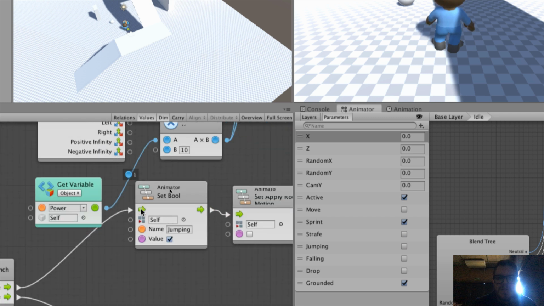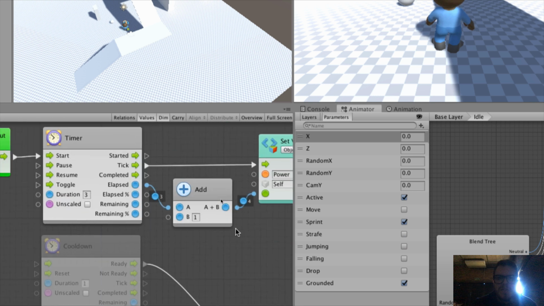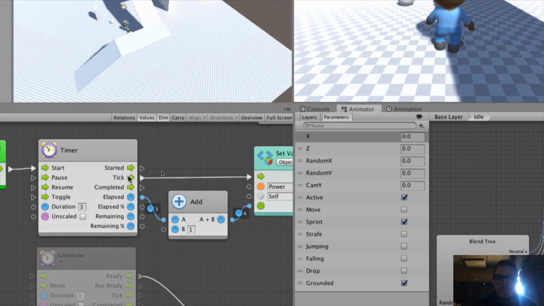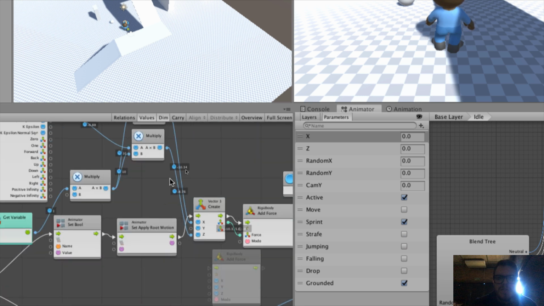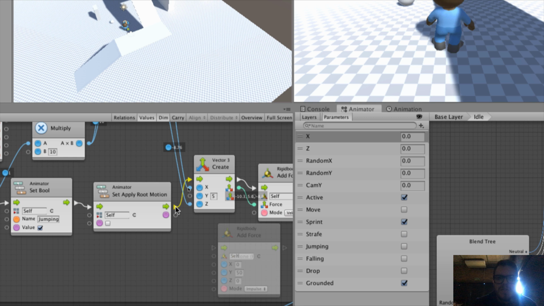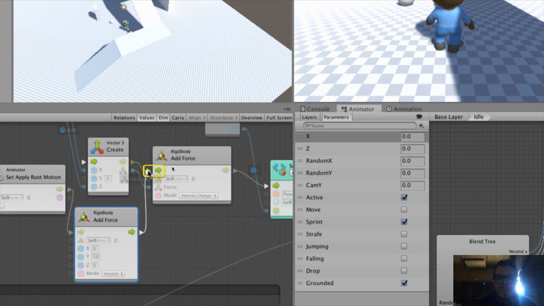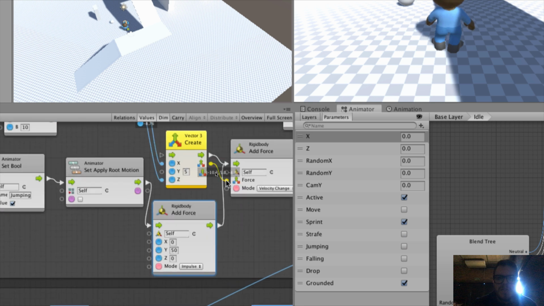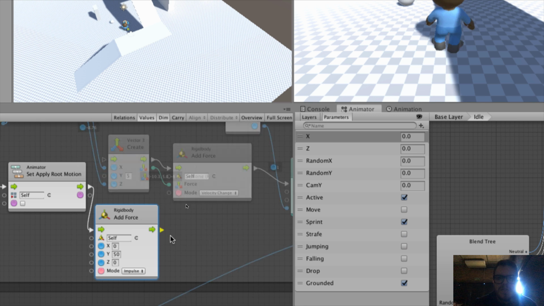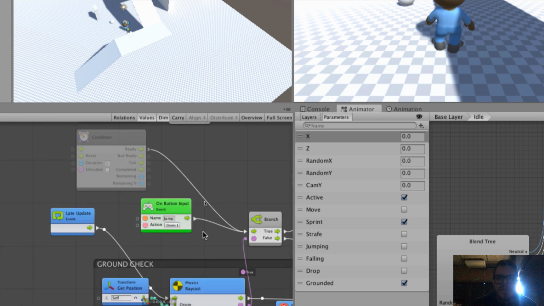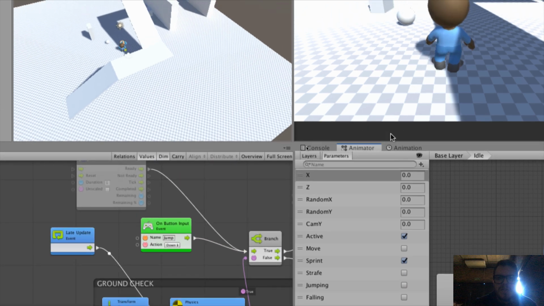Now I've gone and set up a little extra bit over here with a timer. I'm gonna come back to this timer element before I multiply this velocity in there. Let's go back to the standard version. I'm just applying some force in the Y. Sorry, that doesn't need to be connected. So if I'm only applying force in the Y, the problem with this is that since it's checking for the ground,